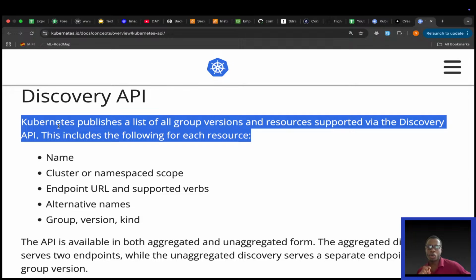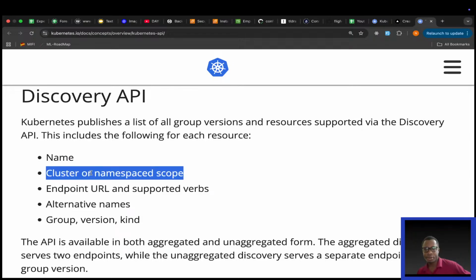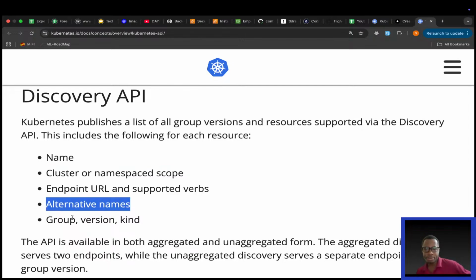They say Kubernetes publishes a list of all group versions and resources supported via the Discovery API. This includes the following for each resource. So what is published? Group versions and resources. That's the key takeaway. Okay. So this includes, number one, we find out the name. Okay. We find out the cluster or namespace scope, the endpoint URL and supported verbs, alternative names, the group, version,